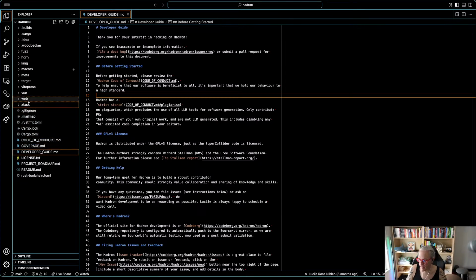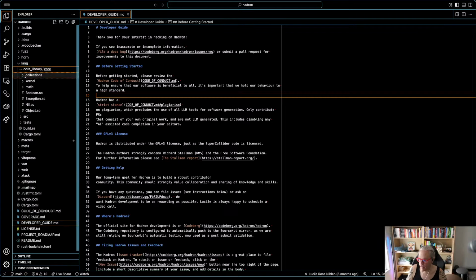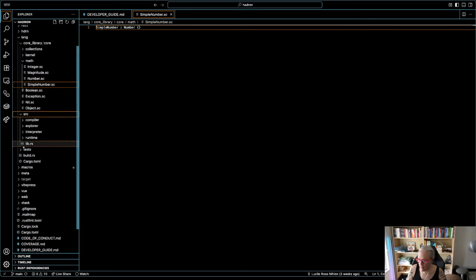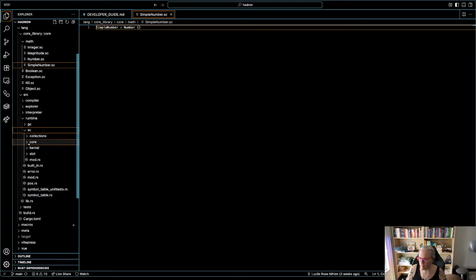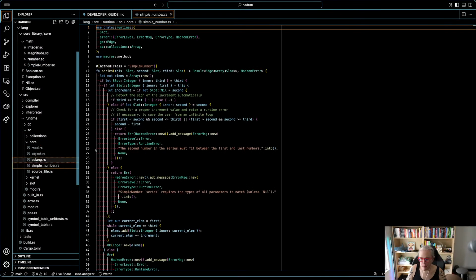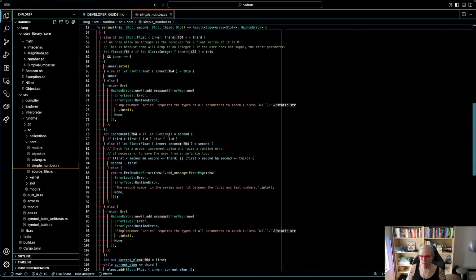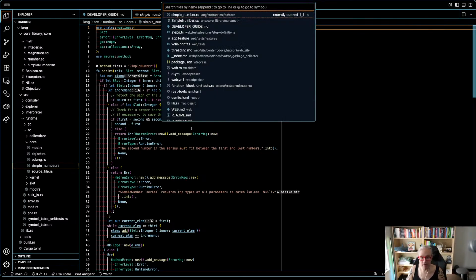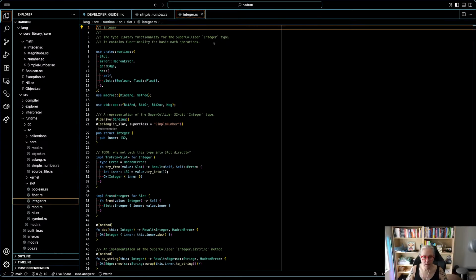So we have these built-in classes in the core library. Math, I think we had simple number. Yeah, so right now, okay. But I thought we had also declared time. So we just are adding a method right now to simple number. Actually, don't mind that. So this is the thing right now, is that we have methods to find an integer. We have an integer defined. We need to move these methods to simple number, which is